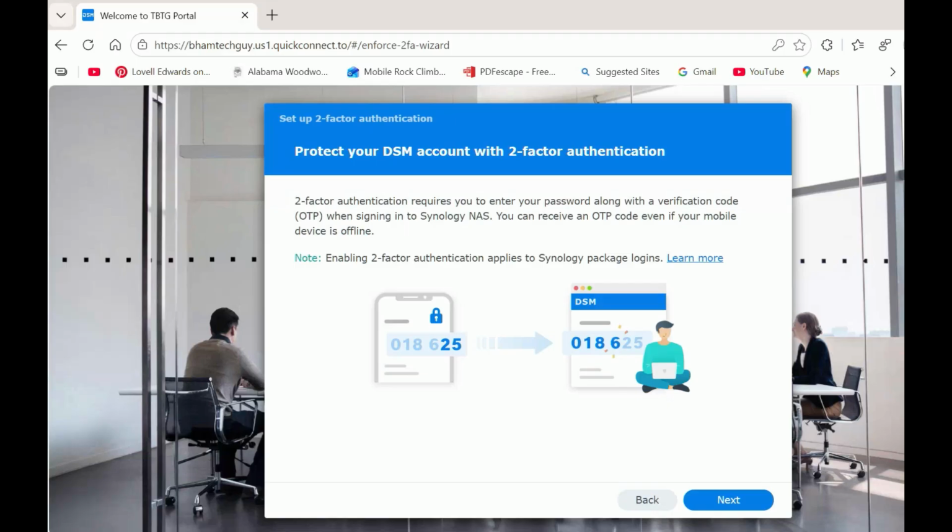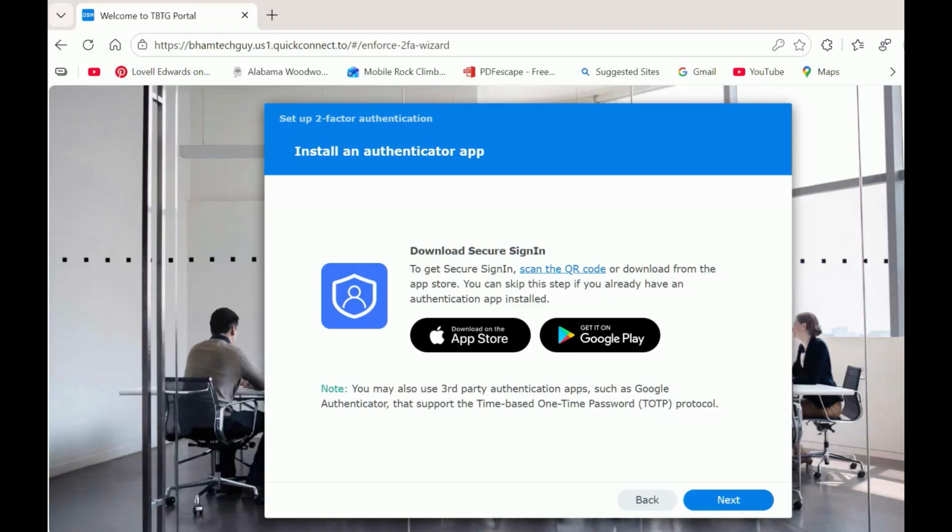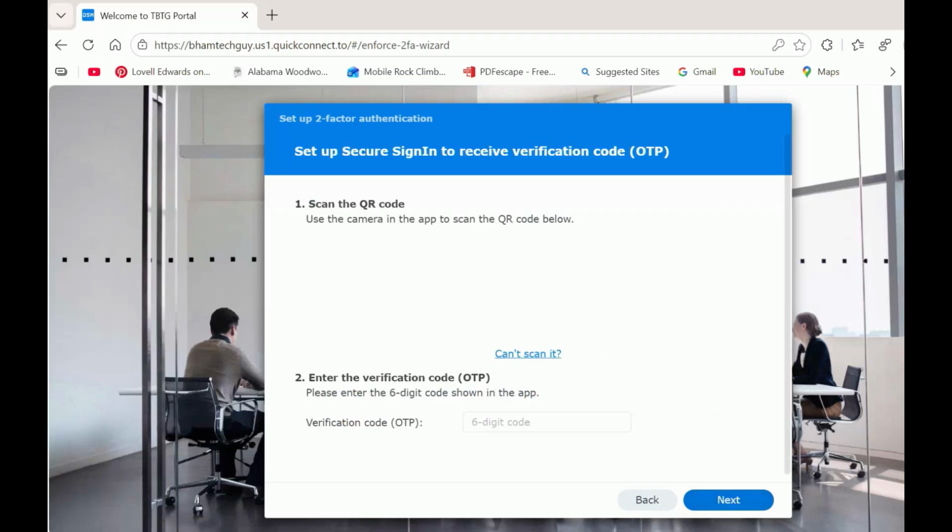We're going ahead and clicking next. You should have your phone and also the app installed. If you don't have it, here are the links to get it. You can scan the QR code from either the iOS store or the Google Play Store. That's the code to scan. Once you have downloaded the app,